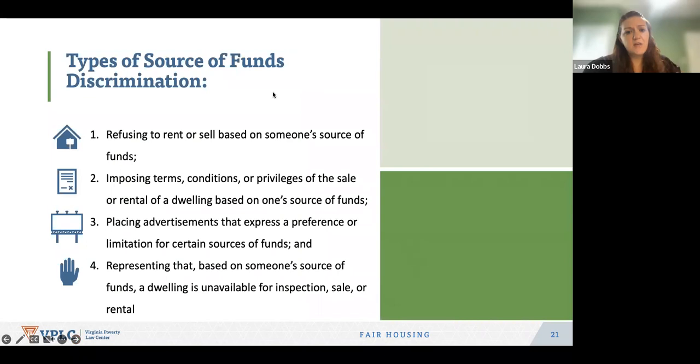The types of source of funds discrimination, and this is not exhaustive, but some of the main ones would be refusing to rent or sell based on someone's source of funds,